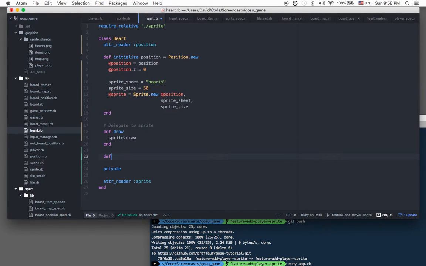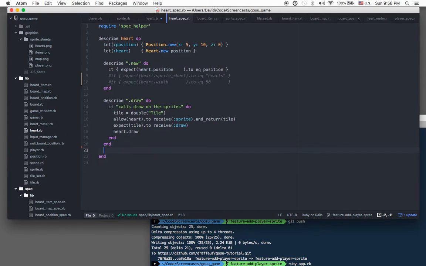Okay, well, I'm going to go ahead and write our value equals, which just delegates. So let's go ahead and describe that. So all we really want to do is we want to say we're just going to pass this right along to Sprite. So we'll say allow heart to receive